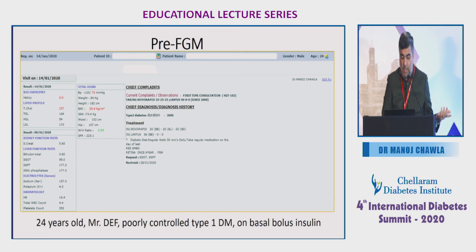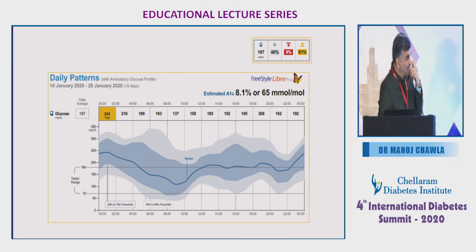Now this is again a 24-year-old. I think Dr. Manoj, that will be the last case. You can quickly go through it. Yes, okay. So this is somebody who's on basal bolus, 24, diabetic for last several years, saw us first now. HbA1c is 9.9, was taking almost 120 units of insulin, not being seen by any doctor, but typically like a type 1 increasing the dosage. So A1c is 9.9, and see the dosage, almost 96 units of insulin in the whole day. This is the AGP profile for this young man of 24 years. Huge appetite, increasing the dosage, no exercise, and just stepping up the dose.